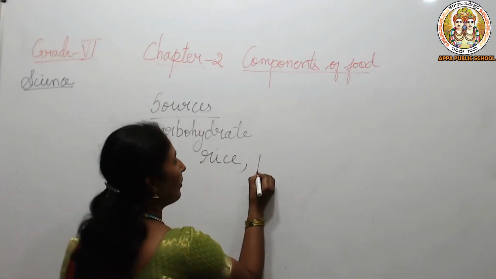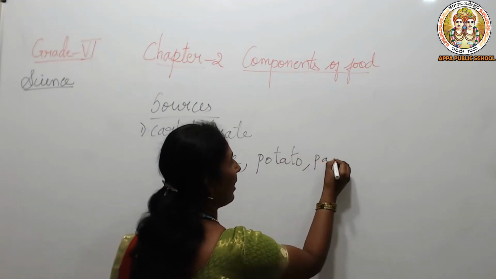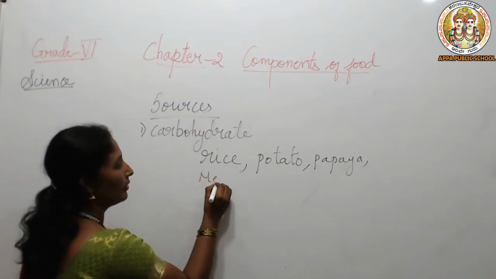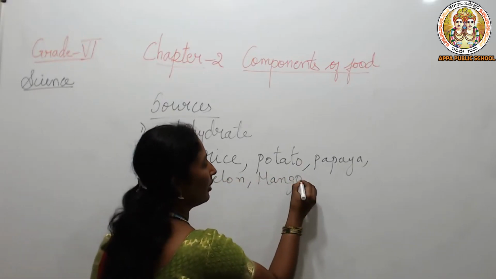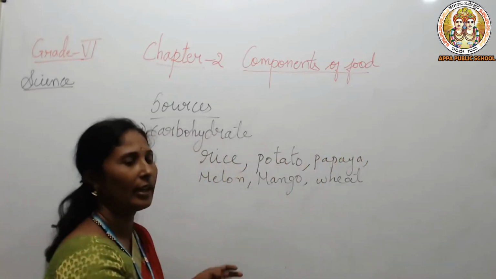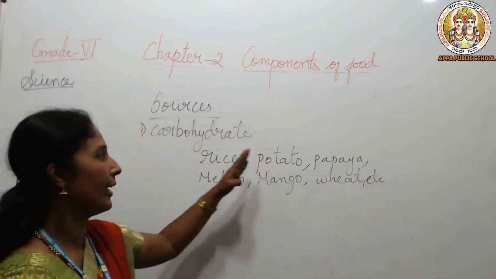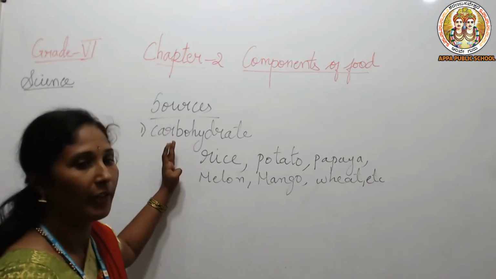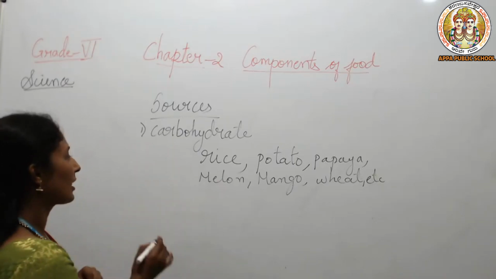Yes, from potato, from papaya, from watermelon, from mango, yes, from wheat. There are many more. So our diet should contain such types of food. So we'll get a sufficient amount of carbohydrates. Yes. The next is